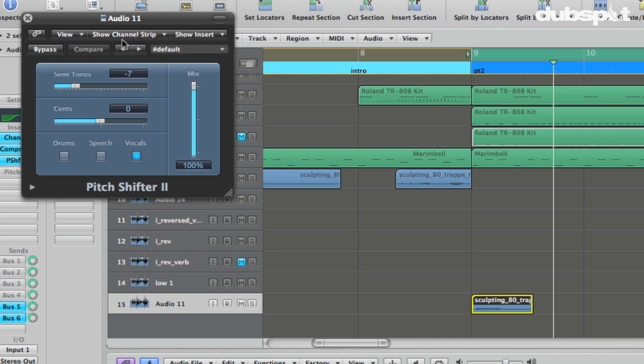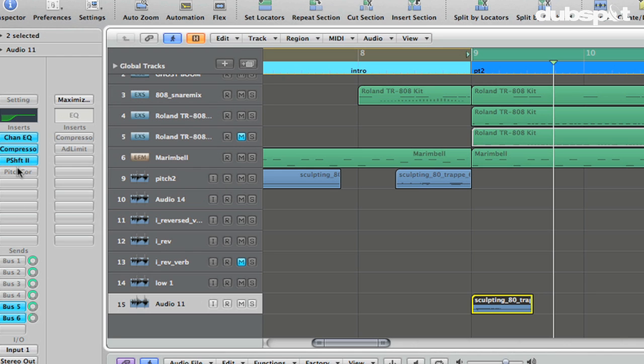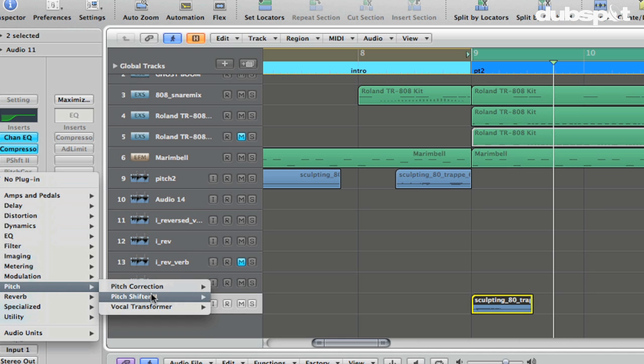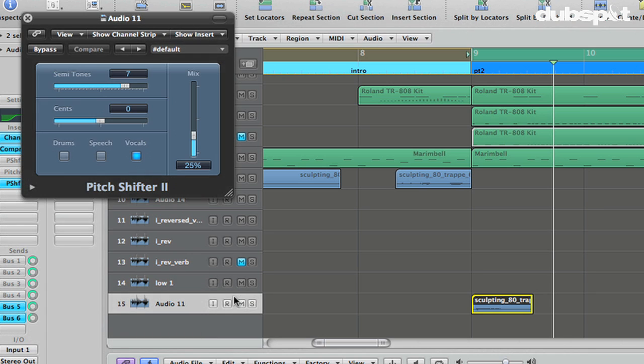Now, let's add a new pitch shifter just so you can see it in its default state. So we're going to go down to pitch shifter, mono. And so the default is like this. Over here we have the mix control, which is going to control how much of the original signal we're going to hear and then how much of the pitch shifted signal. So what I want to do is get the maximum effect. So I'm going to take this mix and turn it all the way up. So now we get